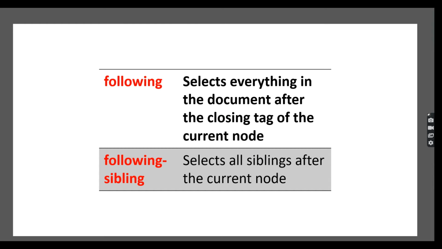So what is following? You can take a real-time example. In school, we can maintain one queue, and one by one they will follow. So this is the following. What is the following sibling? Following sibling means one queue will be finished, and then I'm going to connect another queue. Once it is completed, again I'm going to link to another queue. Like that, we can differentiate following and following sibling.